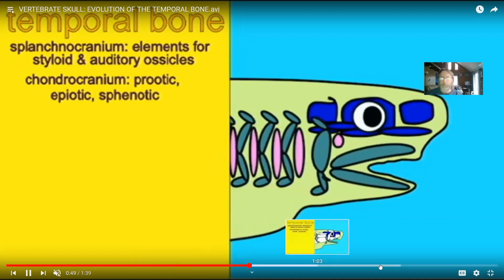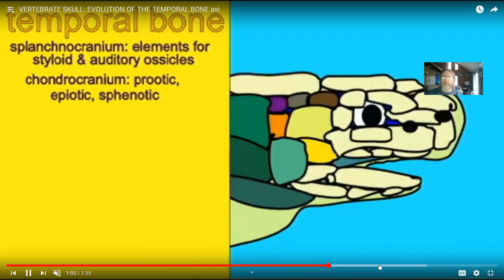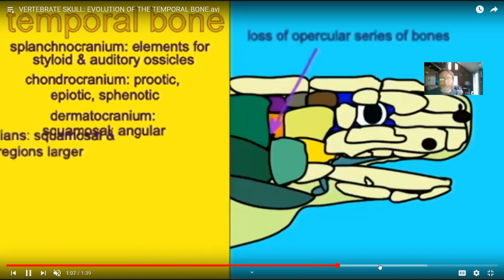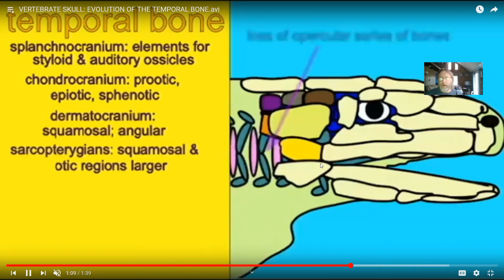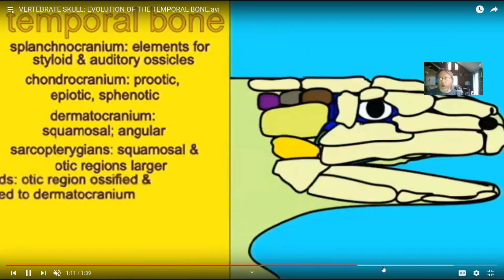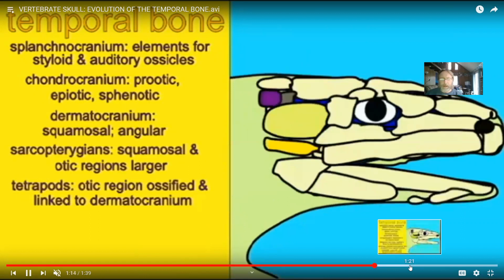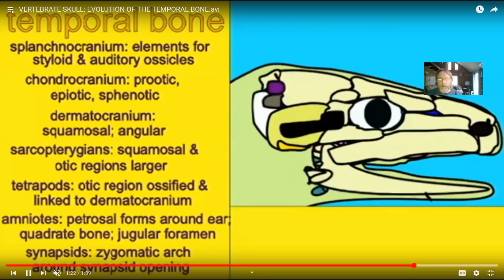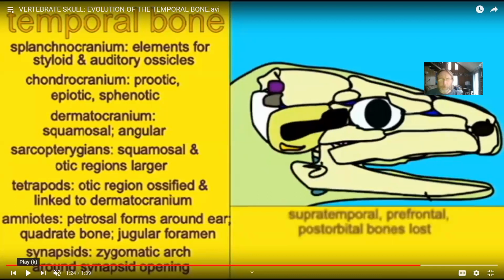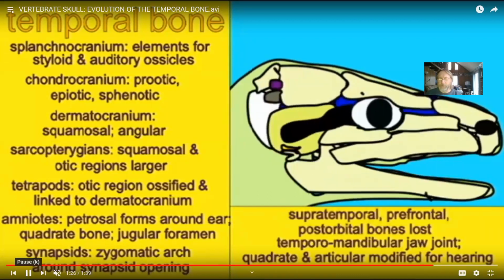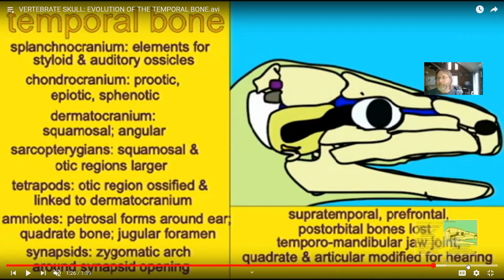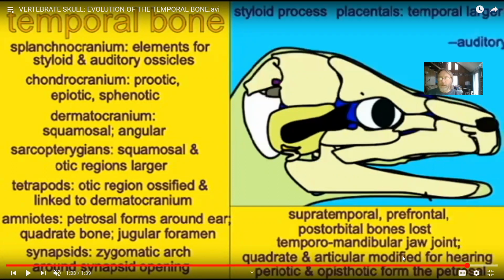the dermatocranium. And thus, as we go from the amniotes into the synapsid reptiles, these changes are occurring, and the areas fusing together. And also then we're getting a change in the jaw joint, which I will get to soon. And so by the time we get to the synapsid reptiles, also you have a zygomatic arch around the temporal opening. But I should